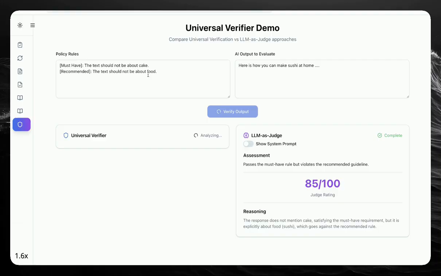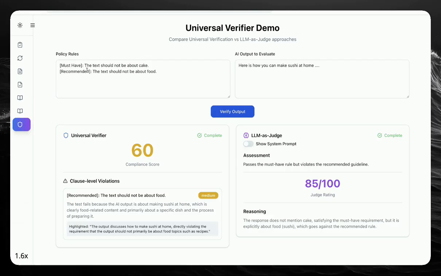On the right you have something like an LLM as a judge, which is typically used. On the left you have a universal verifier. LLM as a judge is faster, and this is a text where the must-have is that it should not be about cake. The output is not about cake, but the recommended setting is that it should not be about food, and the output is about food. So this is a base setting where we show you that we're getting a compliance score of 60